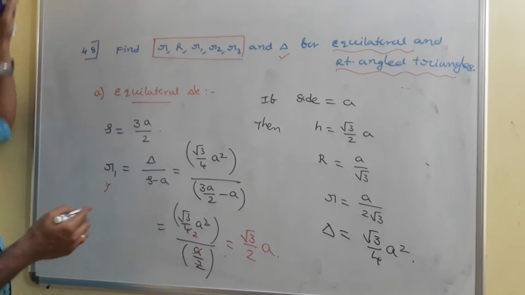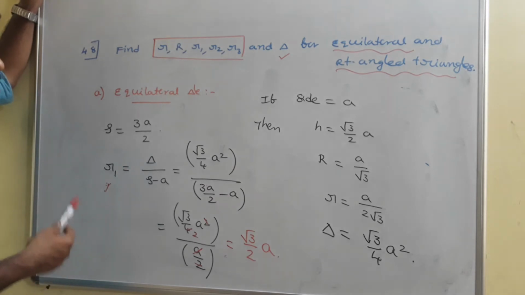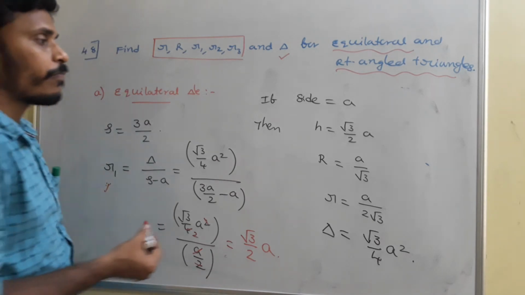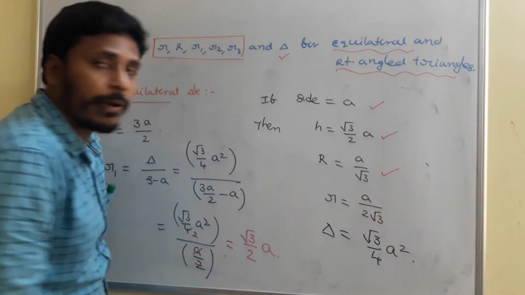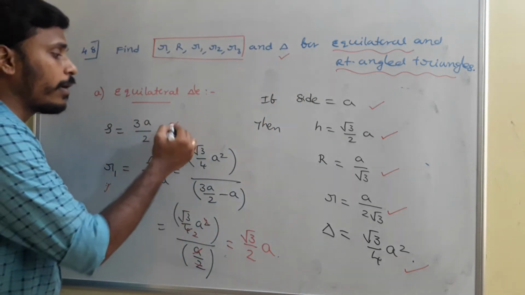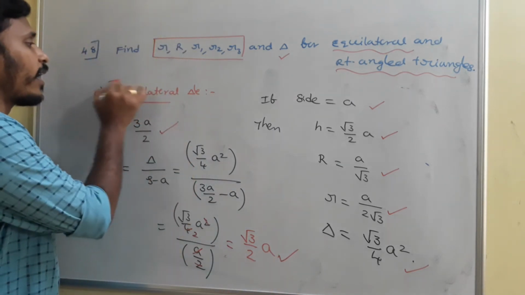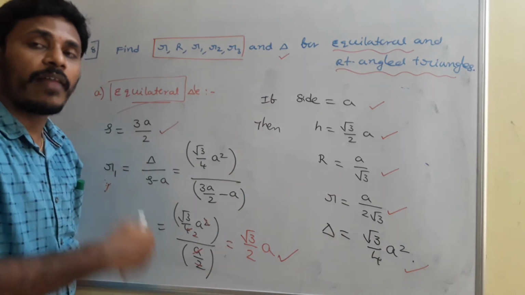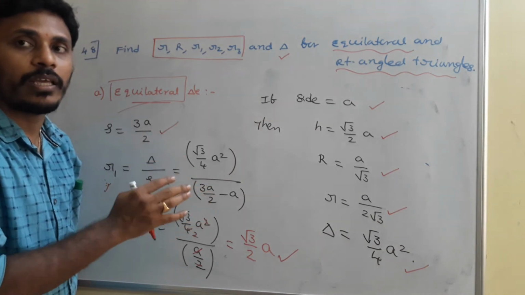Okay. So r1, r2, r3 all are equivalent, because all the sides are equal. r1, r2, r3 are equal, and on simplification you get it as root 3 by 2 a. Just memorize everything. If the side of the equilateral triangle is a: height root 3 by 2 a, circumradius a by root 3, inradius a by 2 root 3, area root 3 by 4 a square, semi-perimeter 3a by 2, r1, r2, r3 are root 3 by 2 a. So for an equilateral triangle, if any one of these things is given, then you will get a first and then you will get all the remaining. One is enough to find all the remaining. That's the beauty related to the equilateral triangle.